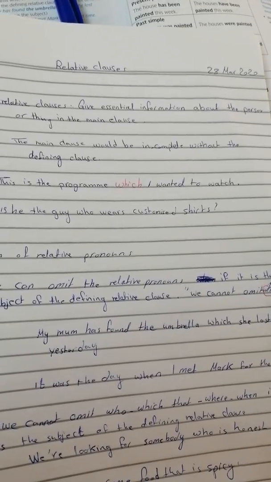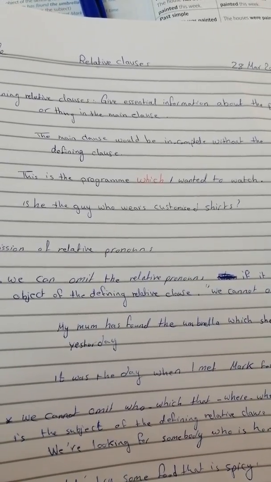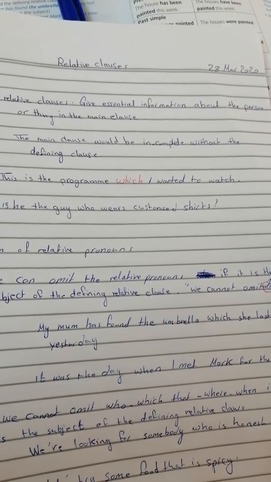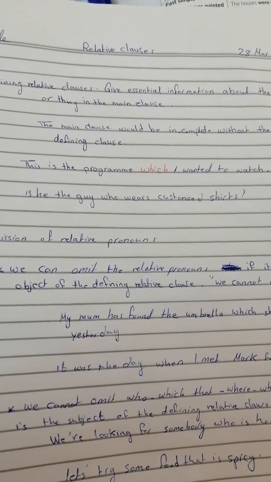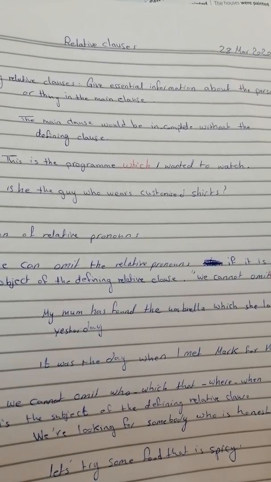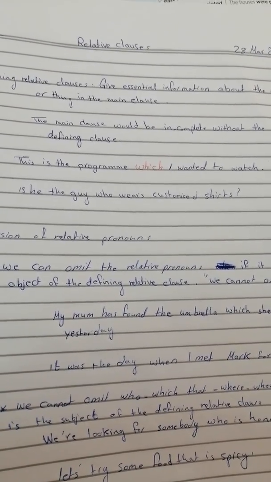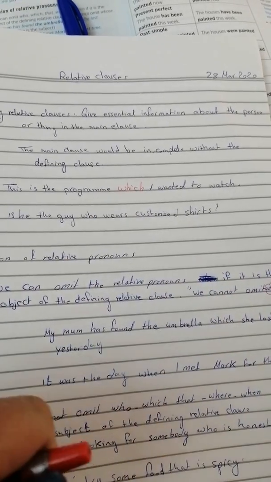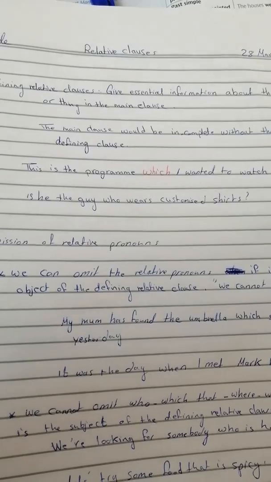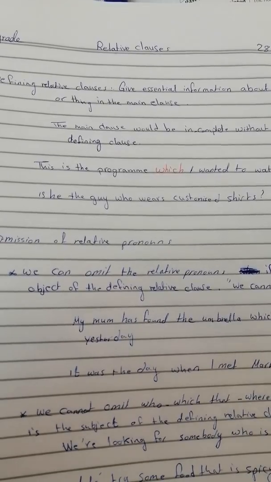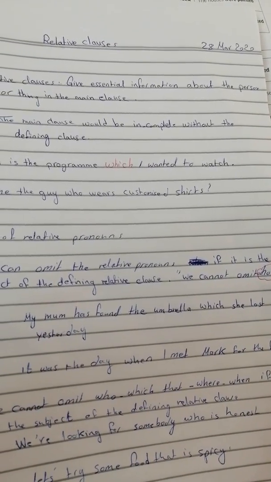They give essential information about the person or thing in the main clause. So the main clause would be incomplete without the defining clause. This is the program which I wanted to watch. So the defining relative clause is "which I wanted to watch", connecting with "this is the program". "This is the program" is the main clause, so it is very important to put a defining relative clause, which I